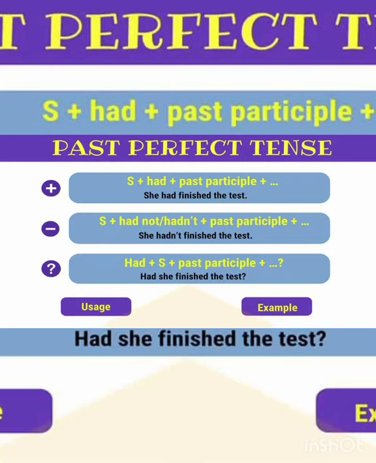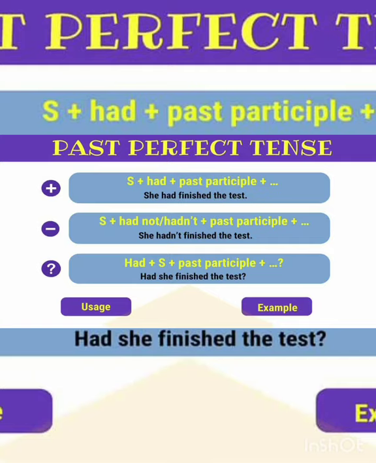Dear friends, to frame an affirmative sentence in past perfect tense, we should use the subject first. First comes the subject, and then comes a helping verb, which is a helping verb of the to have form. In my previous class, while teaching helping verbs, I told you there are three types: to be form, to have form, and to do form of helping verbs. In the to have form, there are three auxiliaries. Those are have, has, and had. Dear friends, have and has are used in present perfect tense, whereas had is used in past perfect tense.